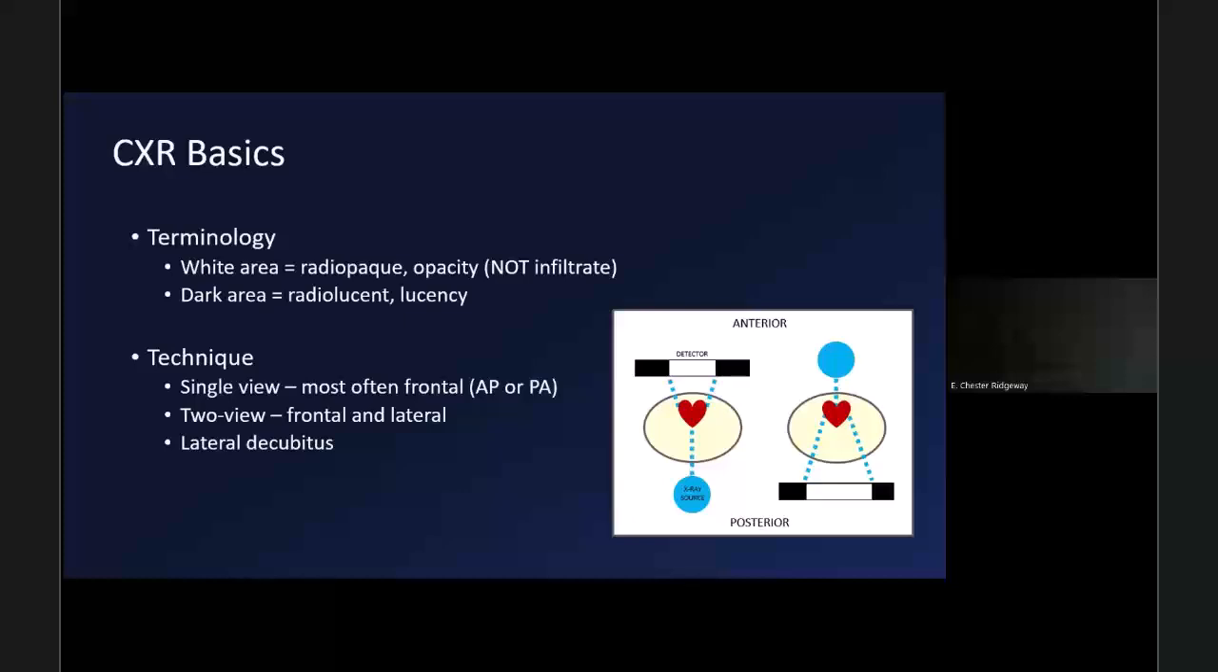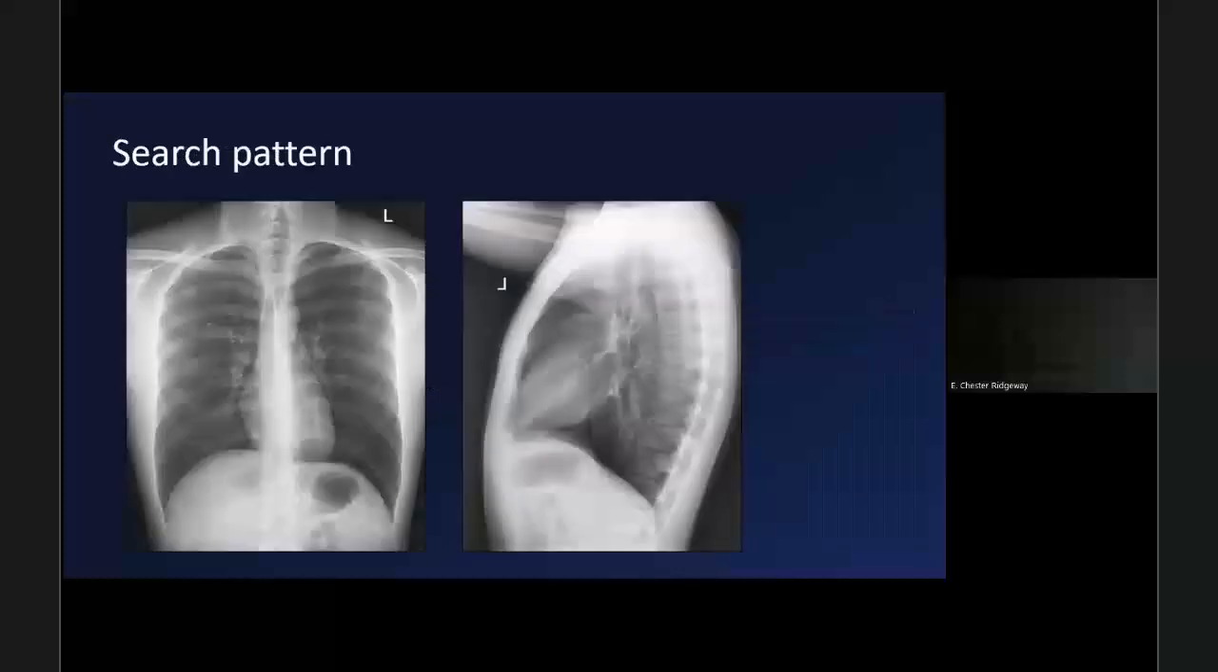All right. Oh, yes. And the white bars are now the size of your heart. Okay, so